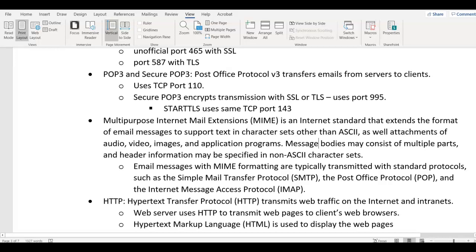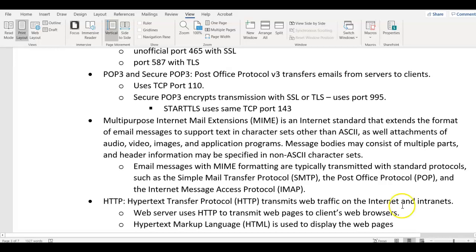HTTP stands for Hypertext Transfer Protocol. It transmits web traffic on the internet and intranets. A web server uses HTTP to transmit web pages to the client web browser, and hypertext markup language is used to display